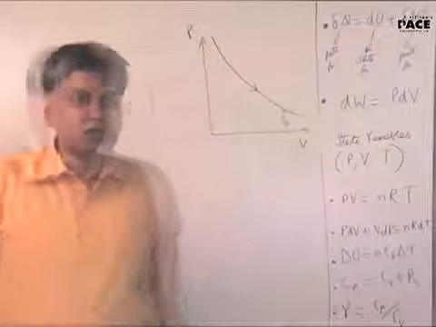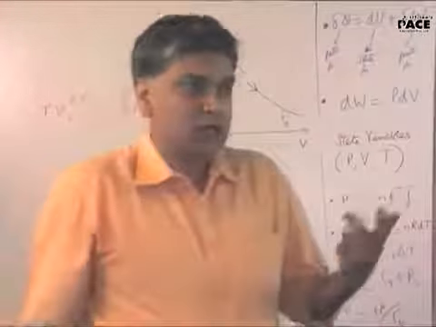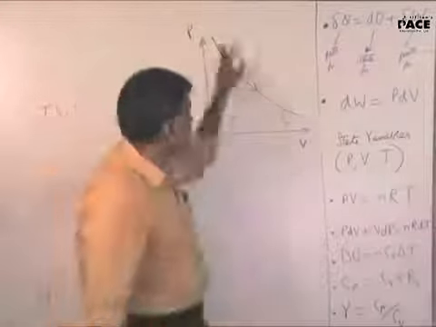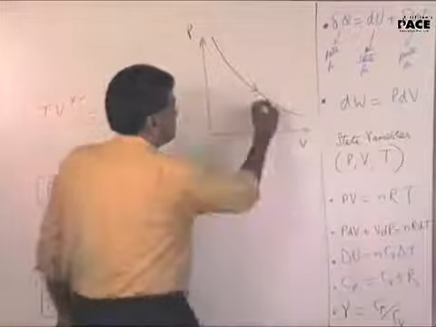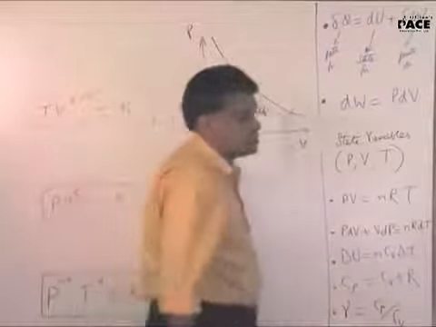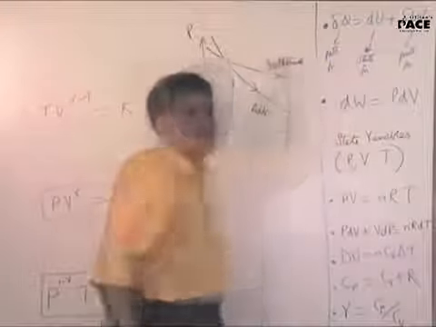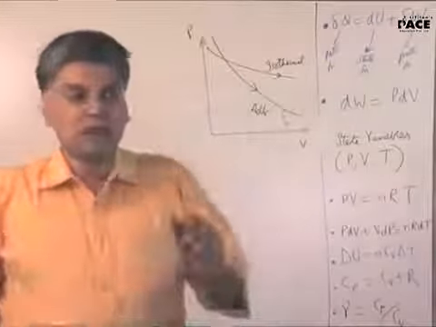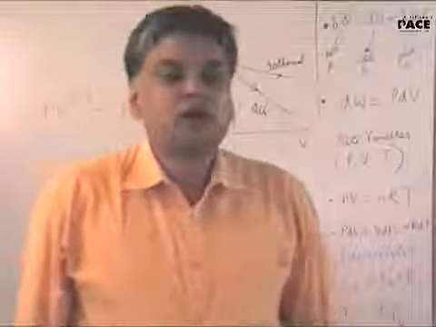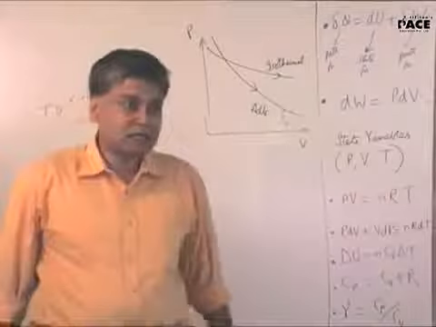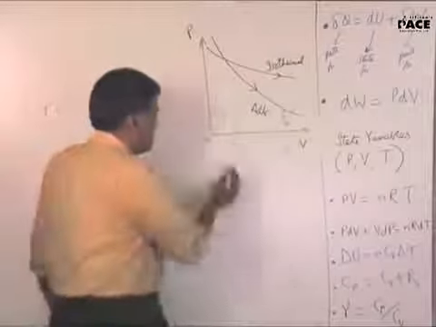The PV graph for an adiabatic process looks like this. Now you might say, then what is the difference between this and isothermal? Both are looking alike. Well, this is steeper than the isothermal process. So normally what we do is we show both of them and show the contrast. The adiabatic process graph falls much faster, or let us say it is steeper. And this we can prove mathematically like this.